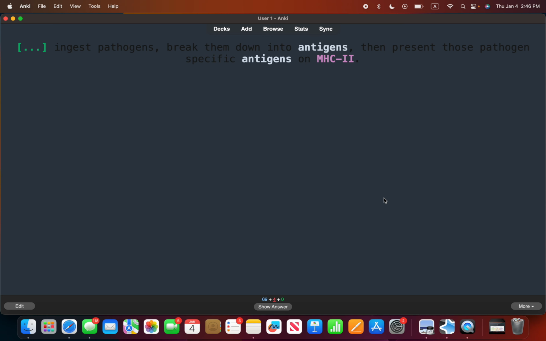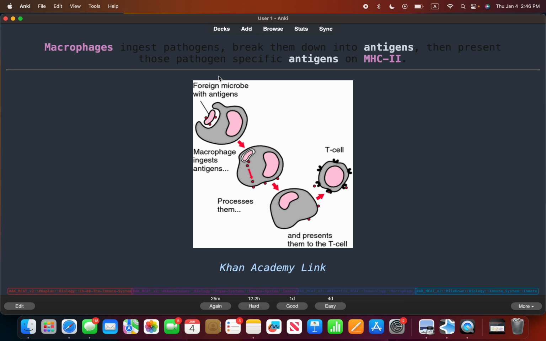So what ingests pathogens, breaks them down into antigens, then presents those pathogen specific antigens on MHC2? So we know that it is macrophages that ingest pathogens, and they break them down into antigens and present them as MHC2. So yeah, for now we have this down. What I had in my head instead of macrophages was kind of antibodies, or some natural killer cell, or something else. I forgot. Instead of macrophages, but like phagocytes. We know macrophages do phagocytosis. So yeah, it's important to know that macrophages represent the MHC2,